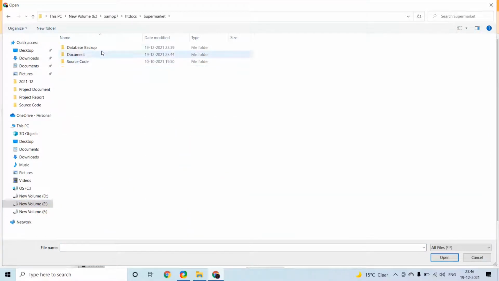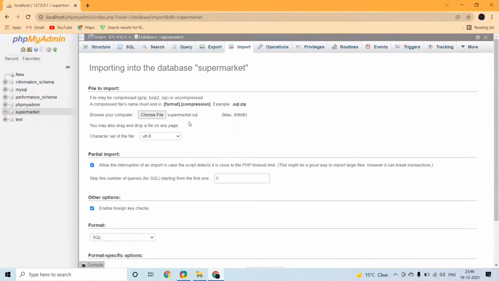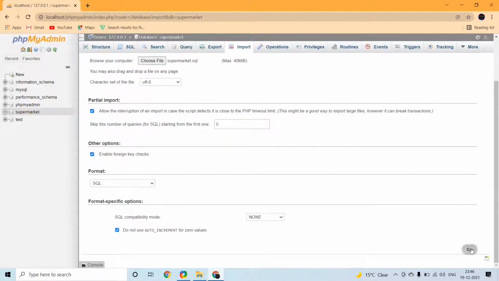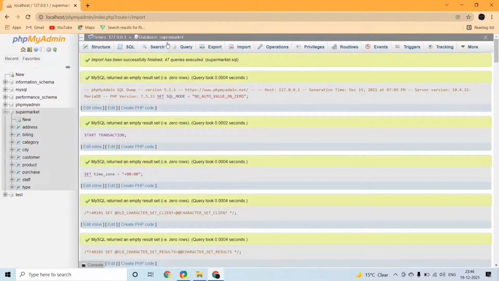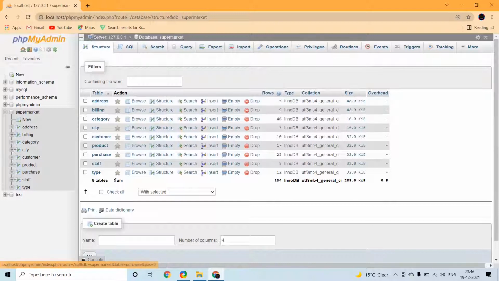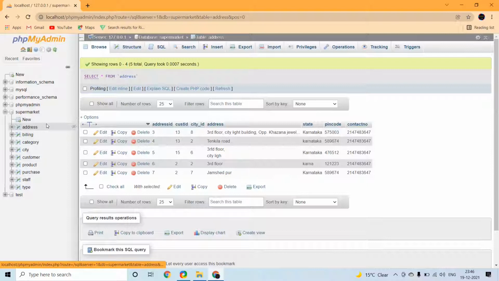Now let's import. Therefore, click on import, then choose file. Select supermarket database file from your PC. Then click on go. Now you can see that the file has been imported.